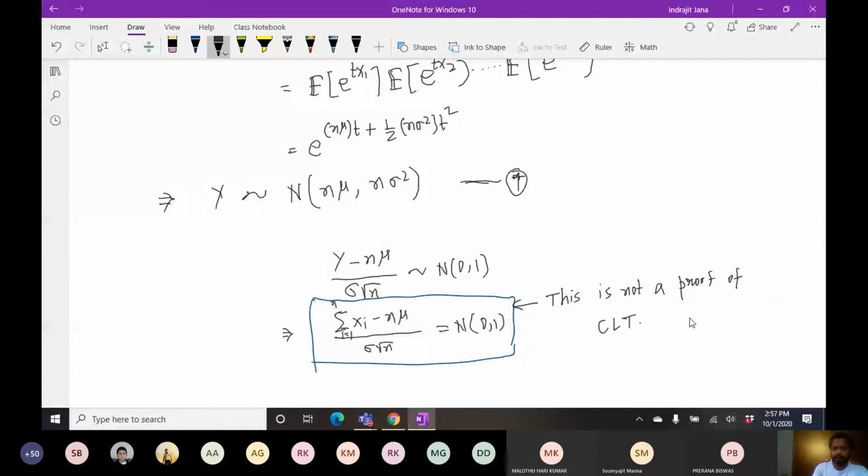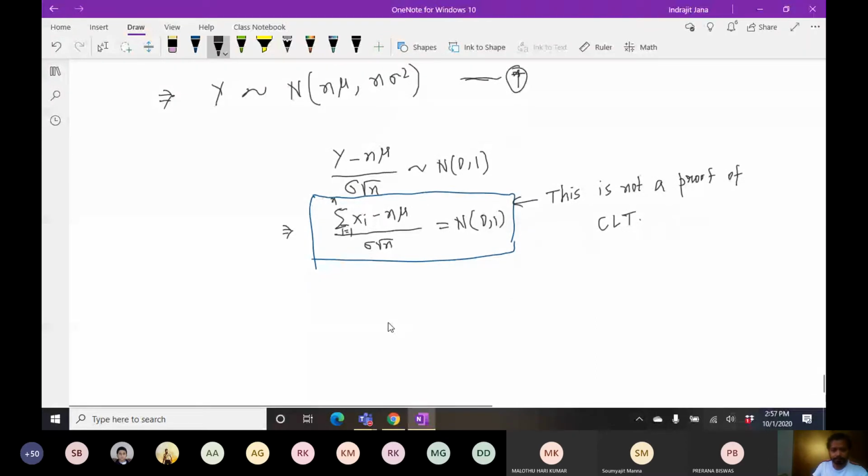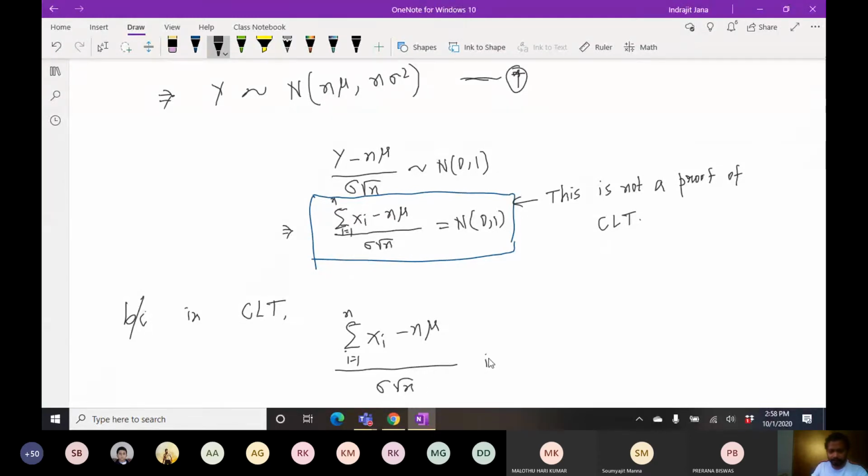Because the remarkable difference between CLT and this statement here is that in CLT, we have the summation xi, i equal to 1 to n, minus n mu divided by sigma square root of n is approximately normal 0 1,